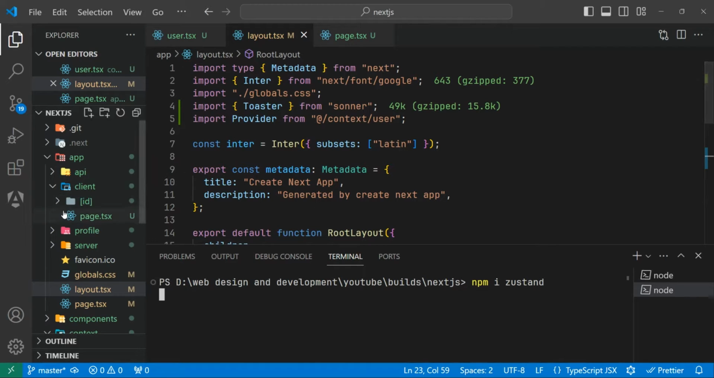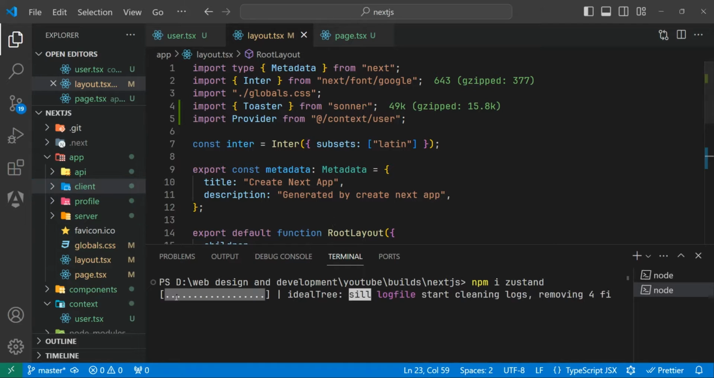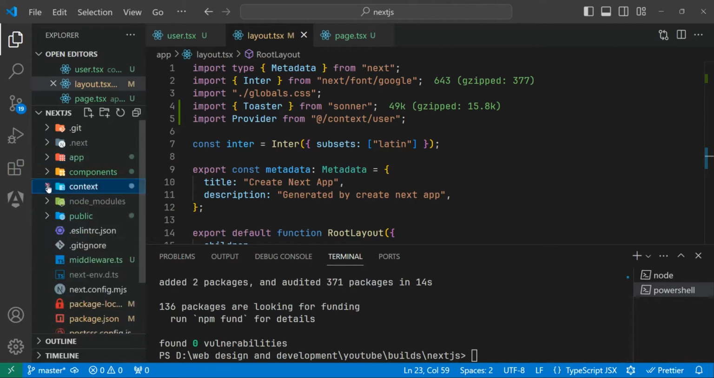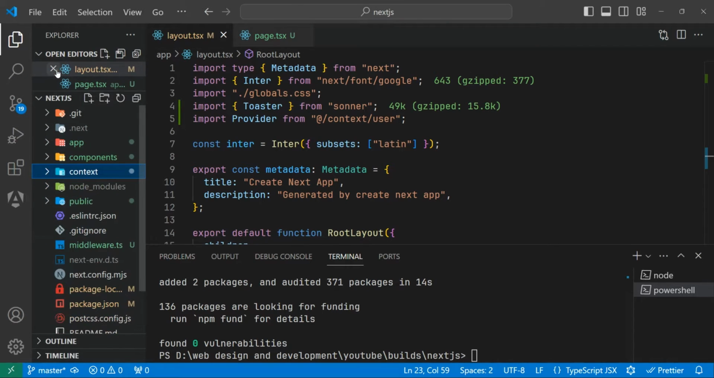Now we can use Zustand to share state between components. It is a lightweight library and it is very fast to render. So now let's see, I've already installed it. Now let's see how we can create the Zustand store. First, let's close this,